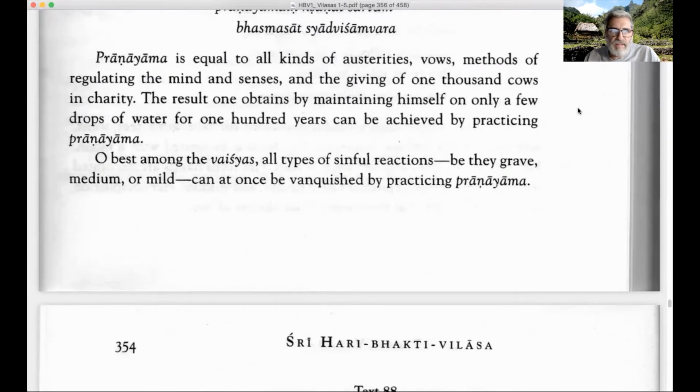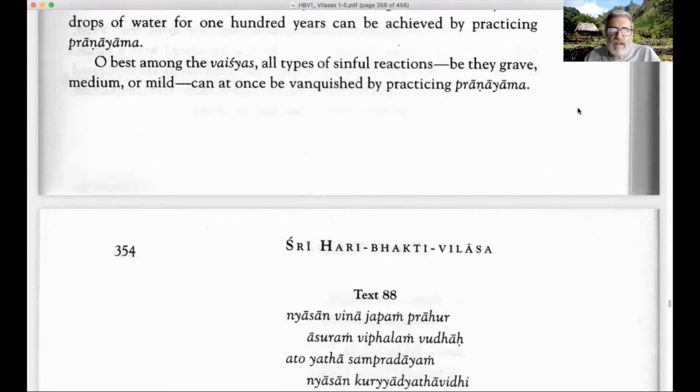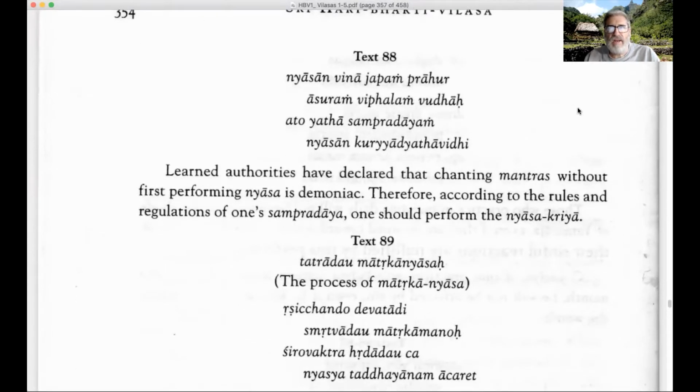At the end of text 87, we had pranayamaha, and we learned a couple of different types of pranayamaha in the last session. We learned a pranayamaha or breath control that we can do with the omkara, the syllable om, by chanting mentally the syllable om a certain number of times while breathing in, holding, and while exhaling. We also learned a Vedic pranayamaha where we use the Vedic mantras of the Vyahritis, the 7 Vyahriti mantras, the Gayatri mantra, and the Gayatri Siris mantra, which are all put together in a mantra called the Dirgha Gayatri mantra. So that's the Vedic pranayamaha.